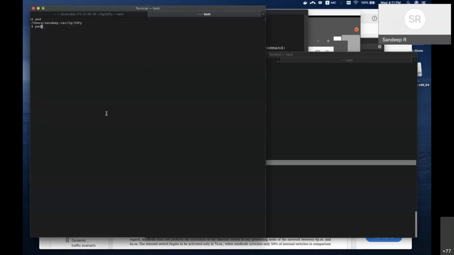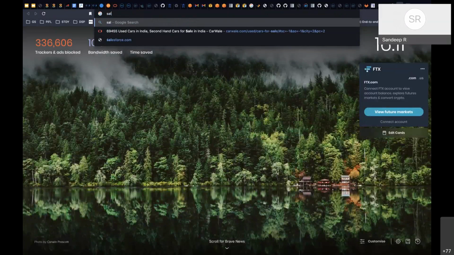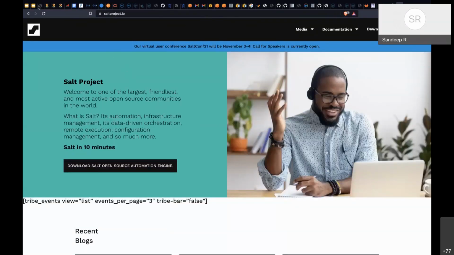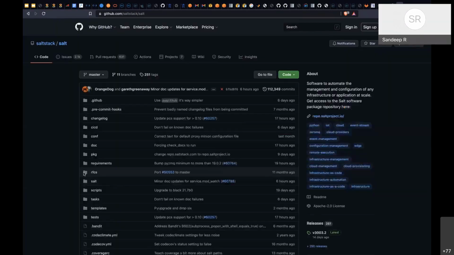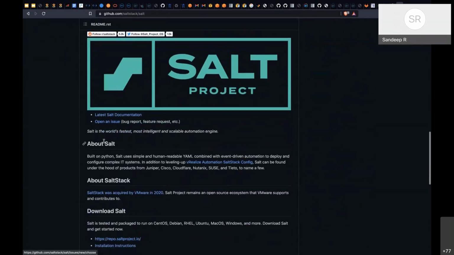I will show you something called SaltStack. Okay, not this, sorry. SaltStack is again a complete automation. Look at it, complete automation. So realize automation using SaltStack.